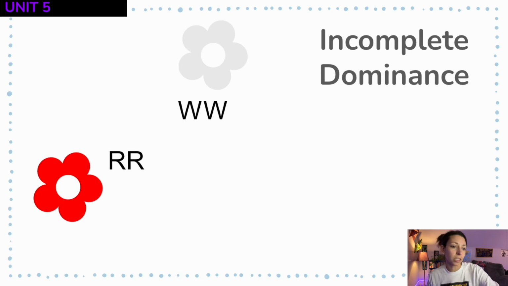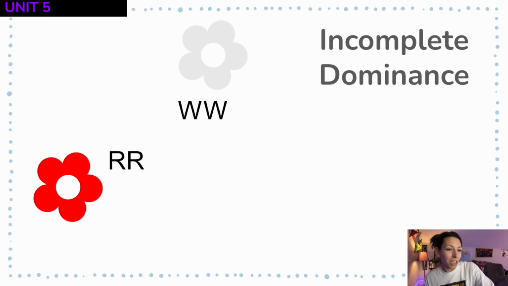So let's see how this works. Let's say that in this incomplete dominance scenario, we're going to represent red flowers with big R, white flowers with big W, big W. Notice how these are 2 capital letters for both alleles. And we're using different letters too instead of R's. That would get really confusing if they were both